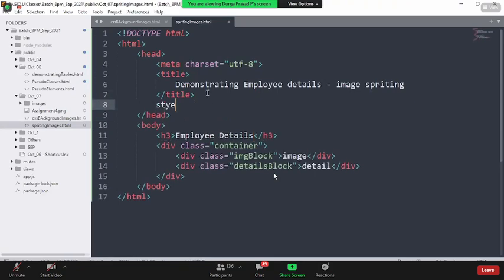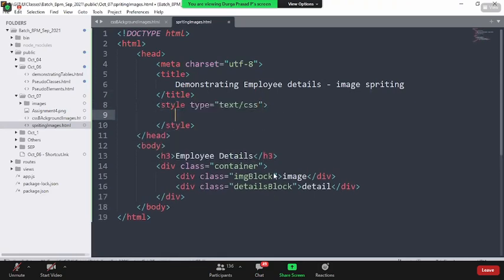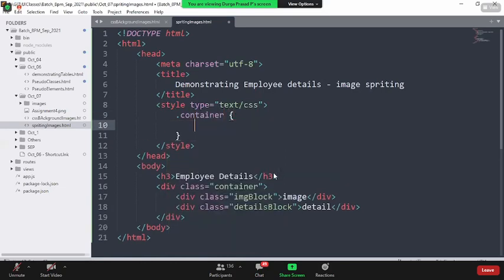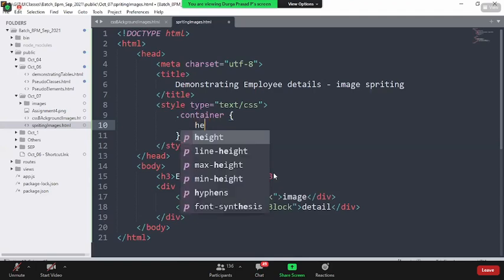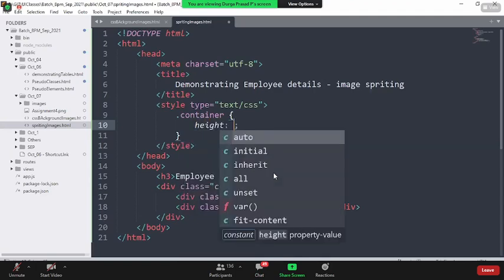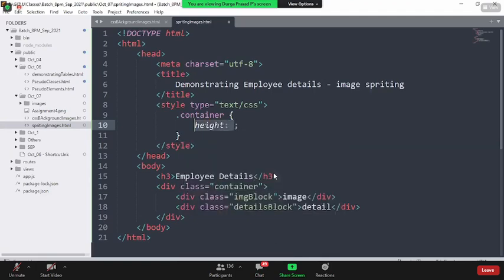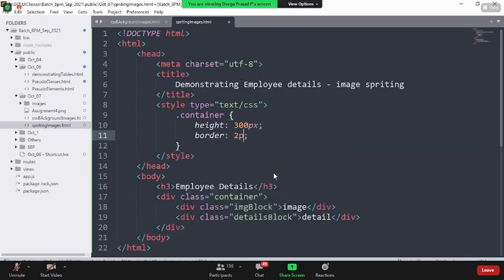Let me write some CSS here, some style on the top. Oh, I haven't talked about the padding and margin, right? Okay. So for the container, let me put a height of 300 pixels and a border of 2 pixels solid hash ACC.